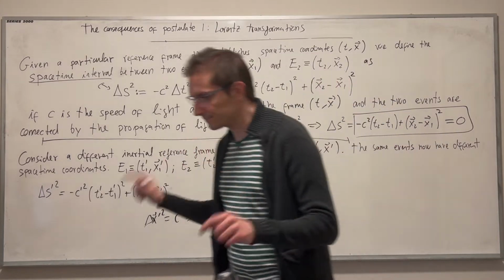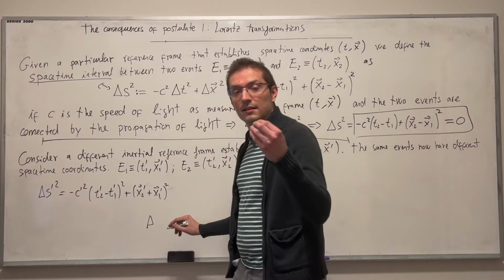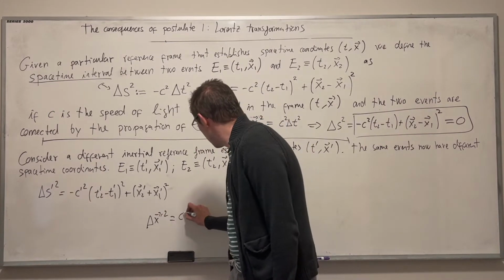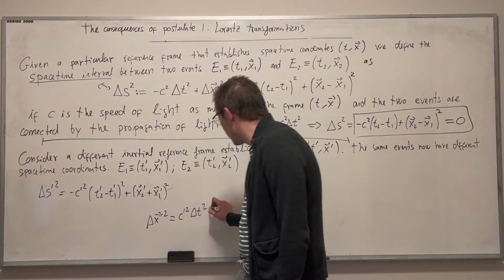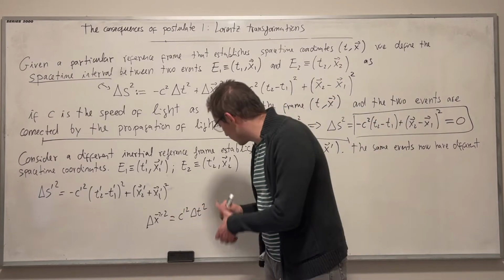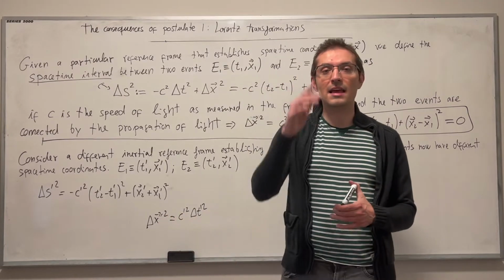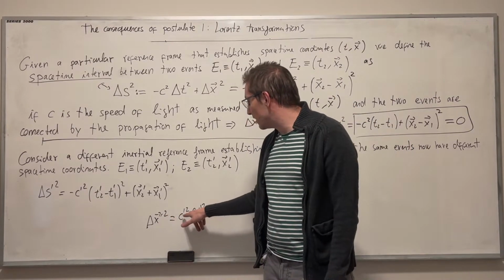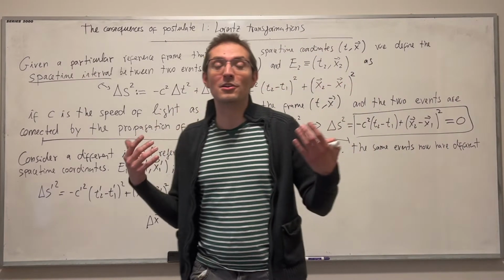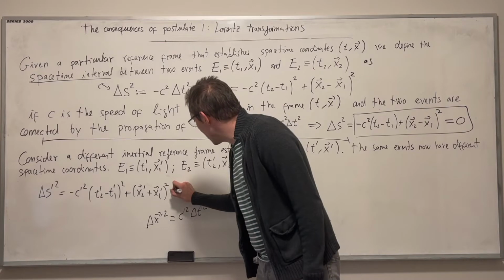So delta x prime square has to be equal to c prime square delta t prime square, because all that is saying is that the two events are connected by the propagation of light. This person is saying that the amount of space that the light had to cover has to be equal to the speed of light multiplied by the amount of time that it took to get there. All right, that is true. That is universally true in all frames, because it means that the light arrived at the camera. It's describing the same thing happening, right? And if that's true, the difference has to be 0 as well.